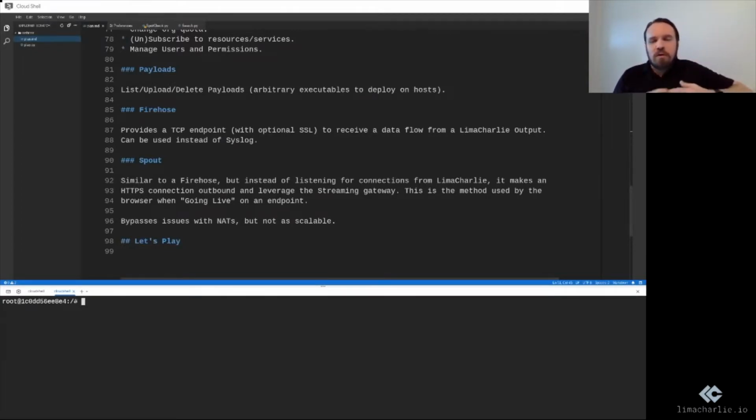Firehose and Spout, I think it's a bit less likely you're going to need them directly. But the Firehose is just you starting a TCP endpoint to receive a data flow from LimaCharlie, from an output in LimaCharlie. So if you're forwarding data using an output in your organization, the Firehose is just a class that will automate generating some SSL certs or using some SSL certs and receiving it over TCP. The Spout is kind of a mirror version of that,